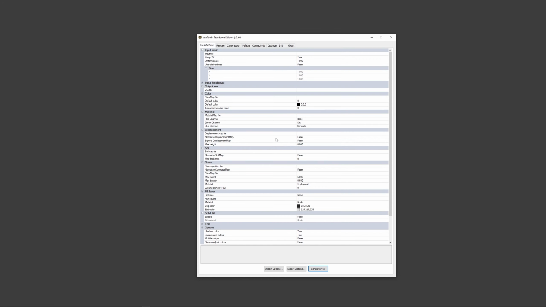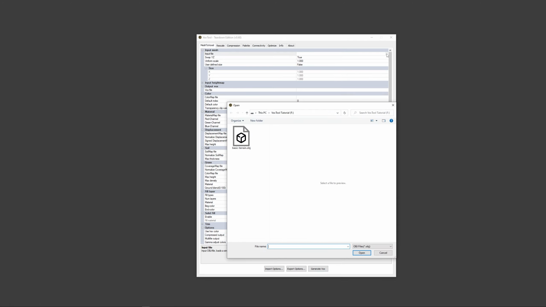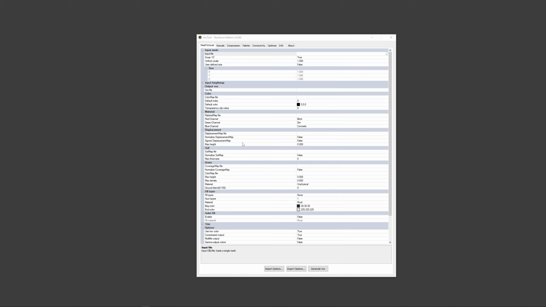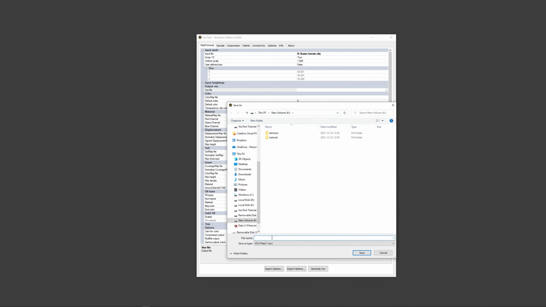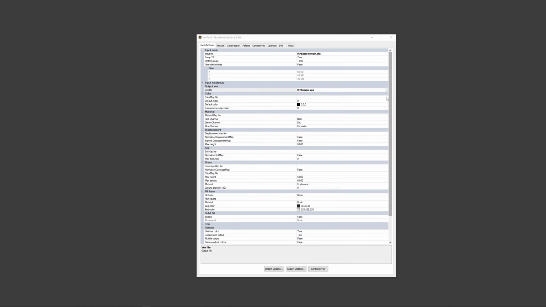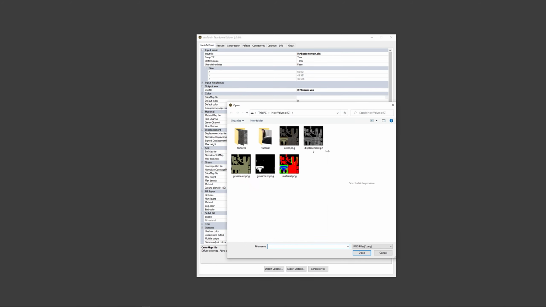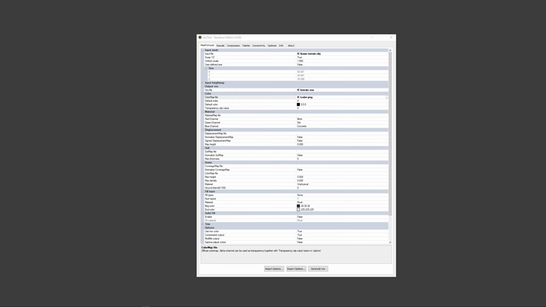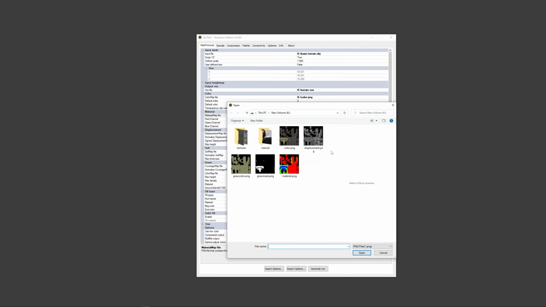We open up Voxtool and my input file is the basic terrain object. There we go. And the output, just call it terrain, color map file, or material map.